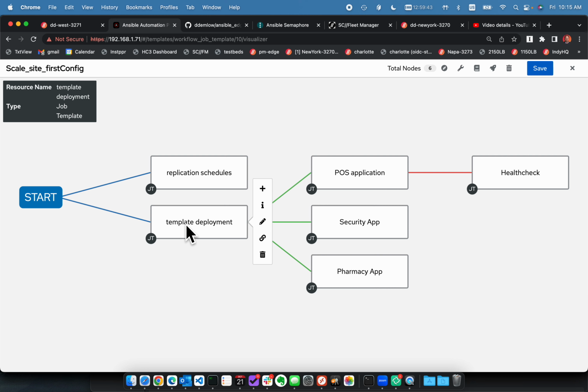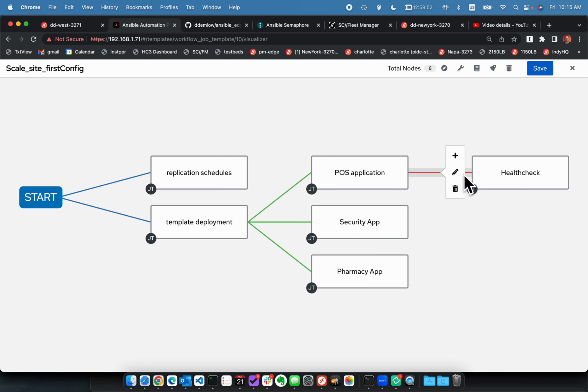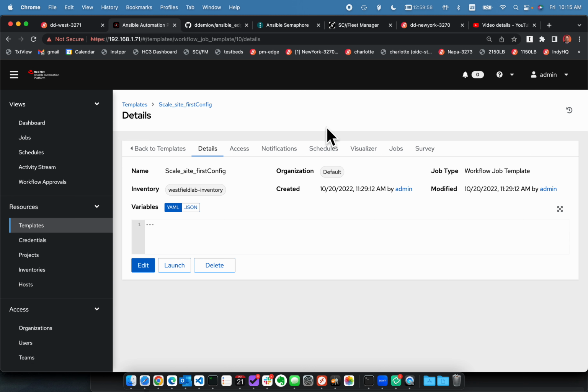So if the template deployment is successful, it'll go ahead and run through the steps, the tasks for the point of sale, the security, pharmacy VM. If one of those were to fail, I could run a health check, just as a quick example of the kinds of logic you could put in and do here. Inventory is all managed through here, and for what it's worth, there's a good API to do all of this,